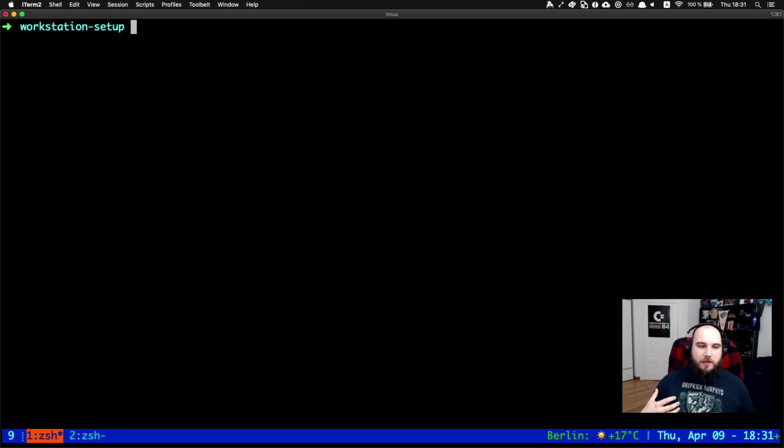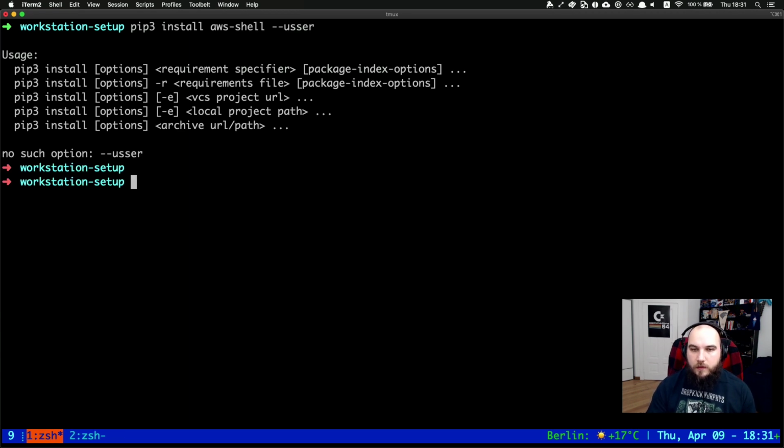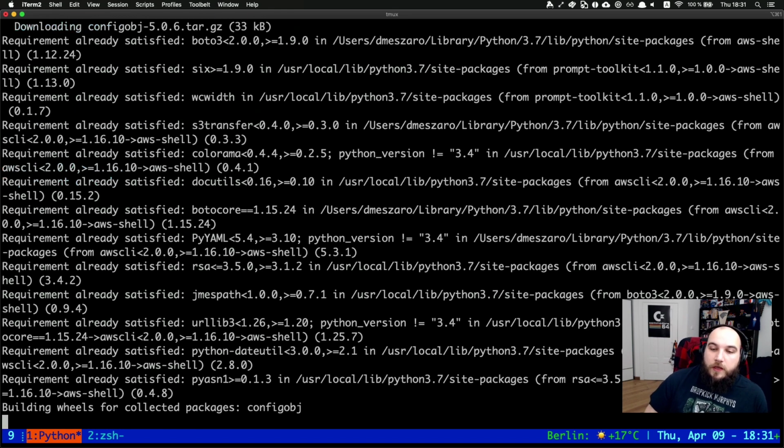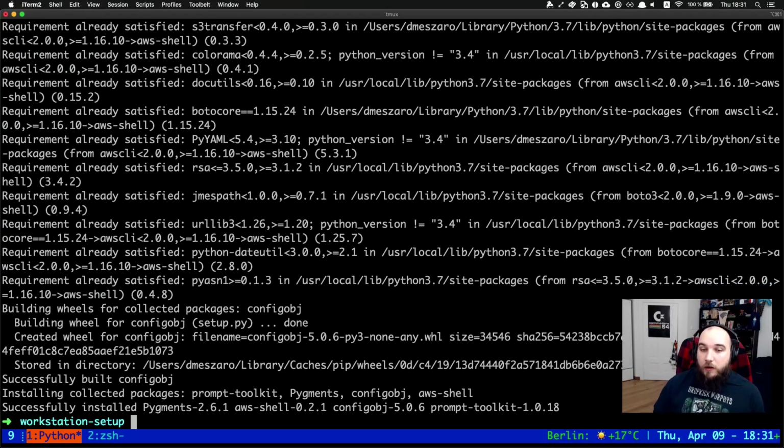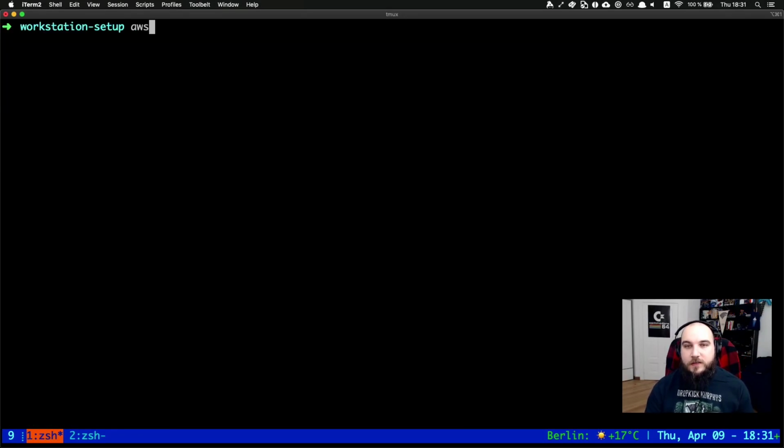It's actually made by AWS as well, or AWS Labs. It's called aws-shell. So to install this, you do pip3 install aws-shell, and then --user. So it will install aws-shell. And what aws-shell is, well, this wonderful utility that